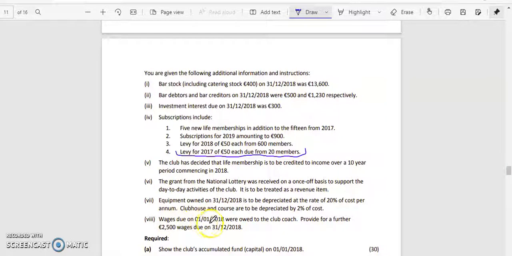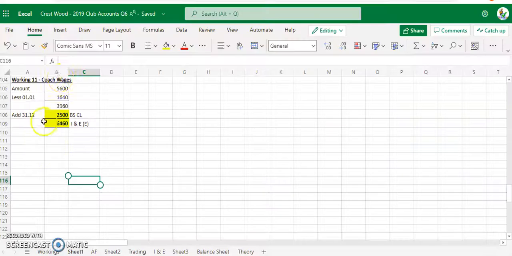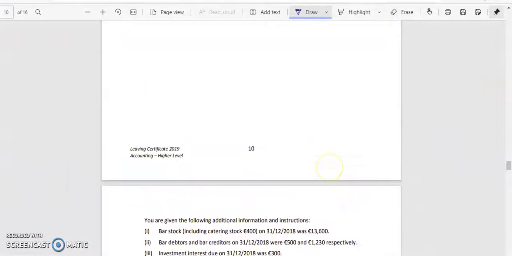You see here, wages due on the 1st of the 1st was owed to a club coach. Provide a further 2,500 wages on the 31st of 12th, 2018. So we're going to do a working for that, just to adjust our coaching figure. And for our coaching wages, we're going to take the figure from the question itself. For coaching is